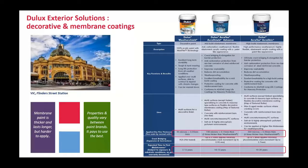When we move up to AcryShield, they do get a little bit harder to use. So again, when you're tendering to contractors and products like these are specified, making sure that the contractors know how to use them, because they are a little bit harder, is really important. Because they are so thick, it's a bit harder to use if you've got access, but whether via abseiling, so making sure, again, contractors are good at using the product, as well as leaving lap marks, which are kind of the big roller marks that you can see on your properties as you go over them,